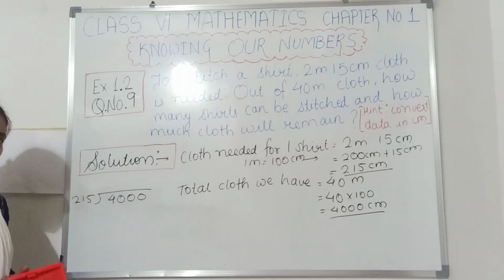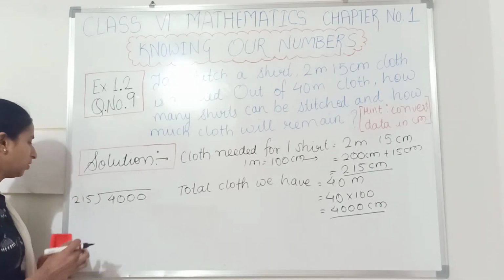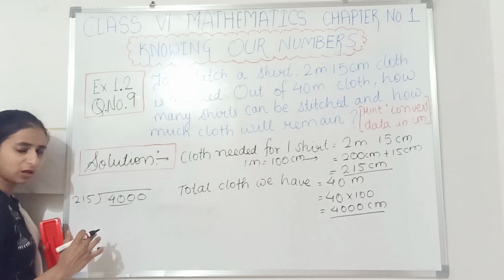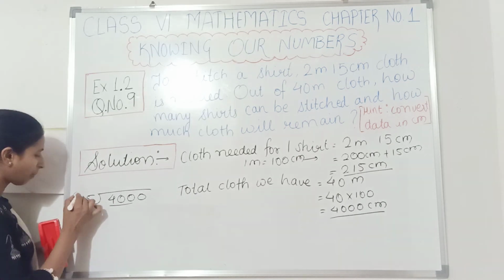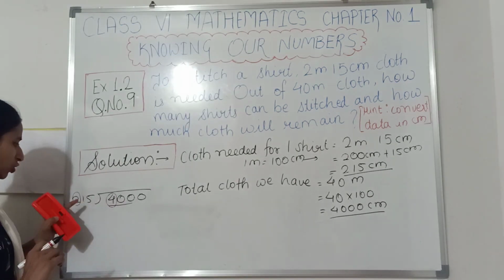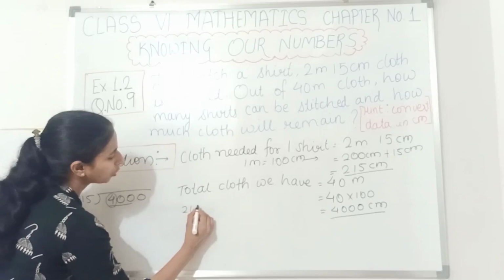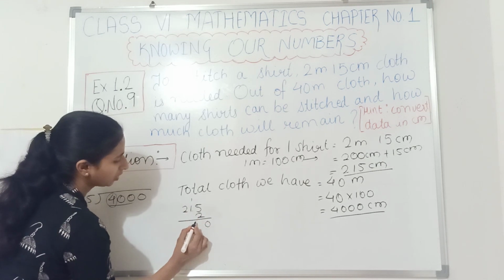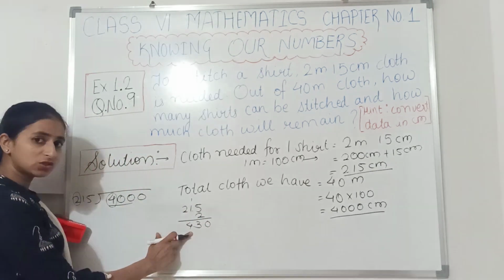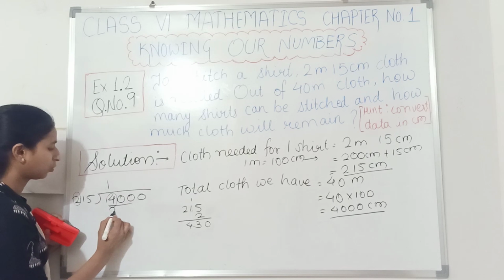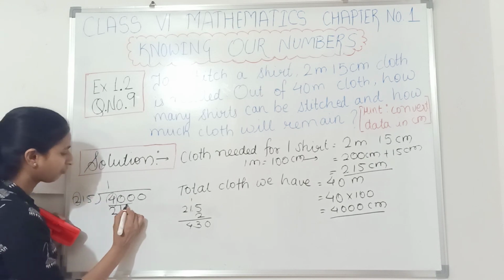If you see this division, you may feel it is very difficult to solve. So see, it is a 3-digit number, so we will first take 3 digits only. And I want to check whether 400 is coming in the 215 table or not. So for this, I will compare the starting 2 digits, the 2 and the 2. So I will do 215 into 2. If I multiply this, my answer is 430, but I can't cross 400. So I have to go with 1s. 215 1s is 215 only.